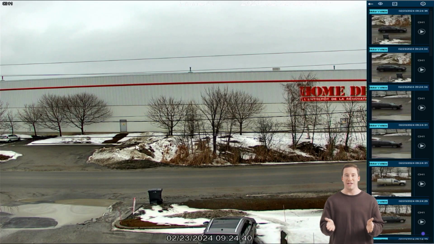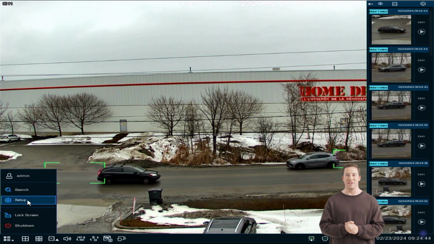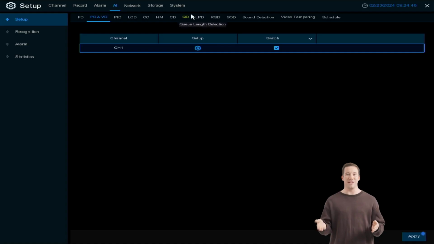To set up auto tracking on the PTZ through the NVR, we come to the bottom left corner, click on Setup. From Setup, go to AI Setup. Here, we need to go to Pedestrian and Vehicle. Make sure that this switch is turned on, click on Apply, and after that, go into the setup by clicking